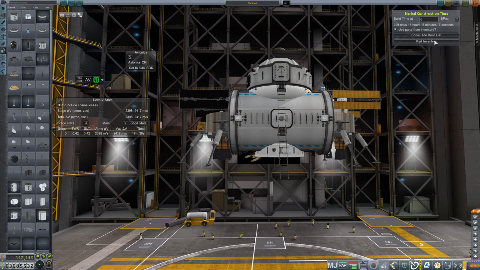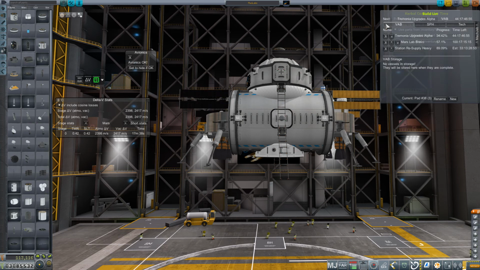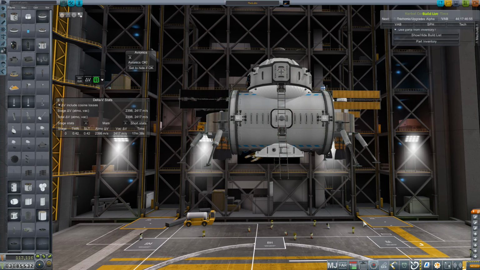Where's my build list? VAB. As you can see, we've got upgrades for our Tremonia station. Mars Lab Bravo is the updated one. That's going to go out next Mars window, as is the station resupply. But other than that, we've got our crew coming home from Mars. They'll be here in about a month and a half, 2 months time,